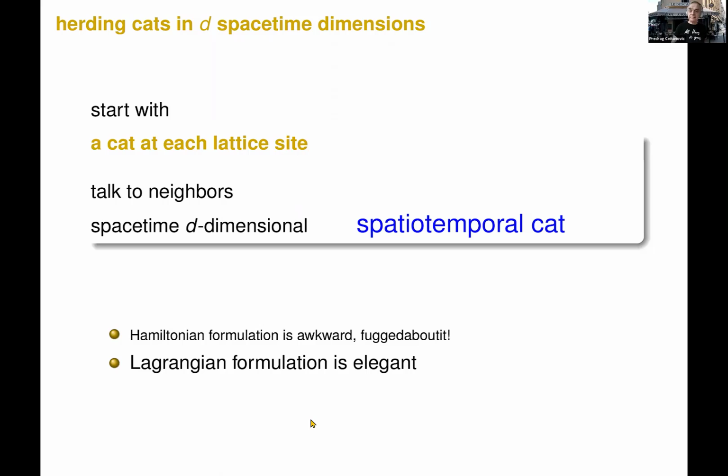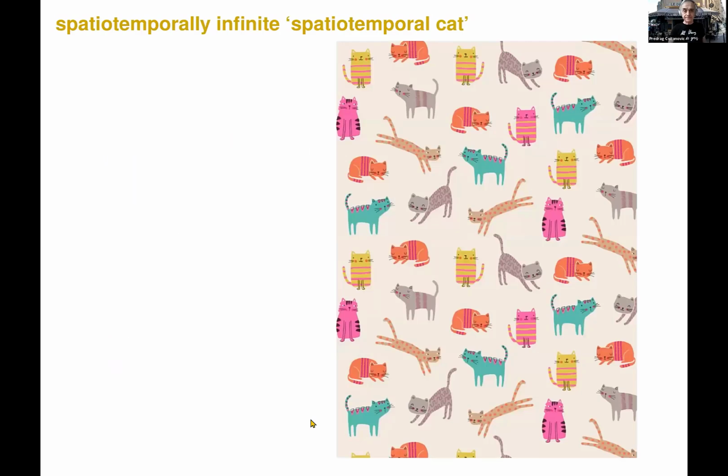It's ugly. We have to do it because we always have to convince people that special relativity is consistent with sitting in some stupid frame and evolving in my time. But Lagrangian is the only way to go. So there is a lattice. Each cat has a name. These are possible states of cats. And on every site there is a cat. And now they will do their thing.